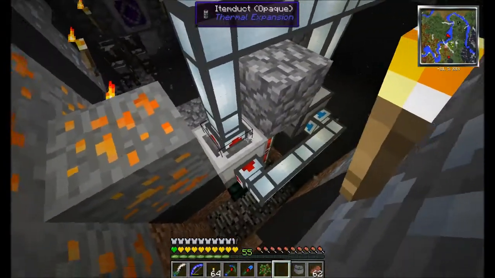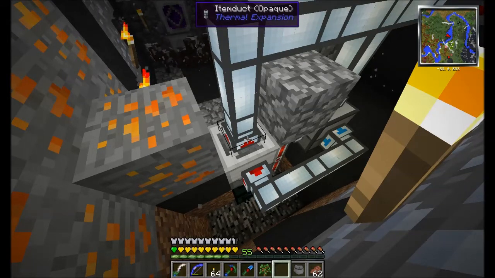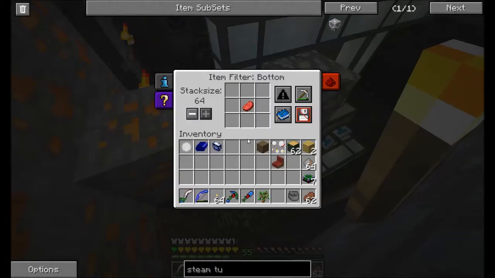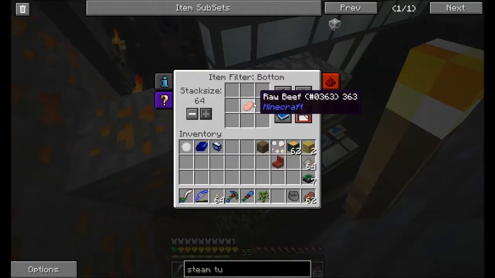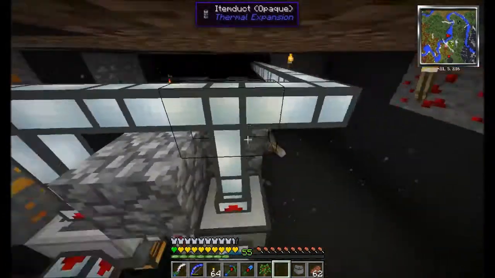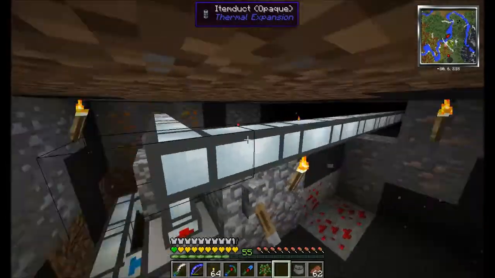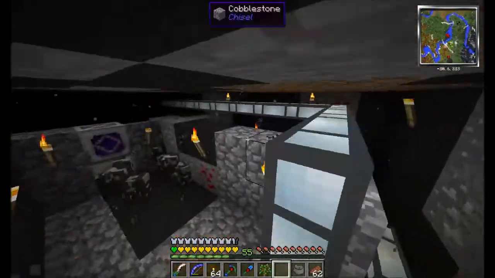And the rest of the stuff, like the leather, or if it drops a trophy, or a muscle or a brain, the necromancy stuff, will go out the top, because here we have a blacklist, and this will allow anything to go through the top but raw beef. Alright, so this comes out and it gets joined in this item duct with the raw beef, the steak, and it shoots through this item duct